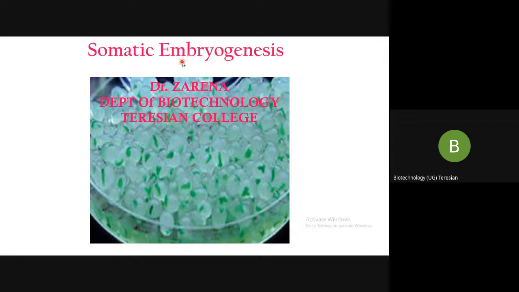So now, the synthetic seed technology. In in vitro condition, you can directly use the somatic embryo. In vitro means what? In the laboratory. So you produce the somatic embryos, and whatever you want to do with the somatic embryo, if you want to develop it into a whole plant, you can develop it by just changing the plant growth hormone. So in in vitro condition, you can directly use the somatic embryo. Then you change the media as I told you. You add sucrose or abscisic acid, whatever is required. Then you can regenerate into plantlets.